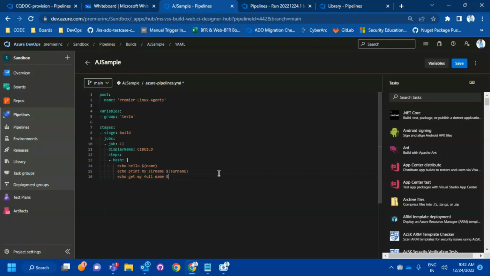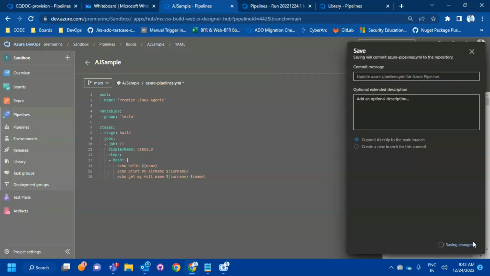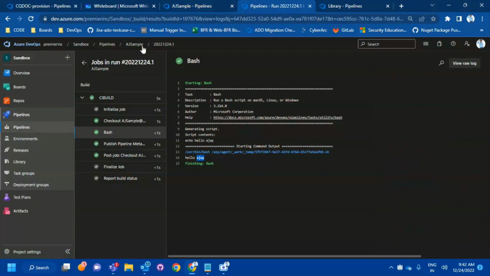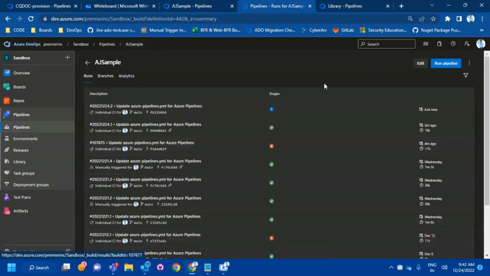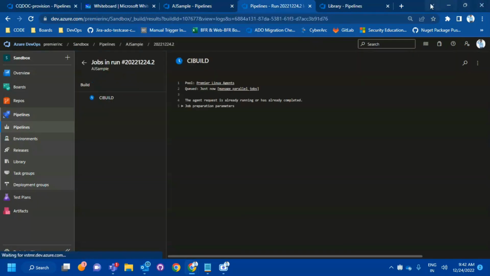So, let's try this one: surname. It should work obviously. If it doesn't work, don't be disappointed, we can fix it. Let me save this one and let's see the automated output, how it looks now. It triggered,